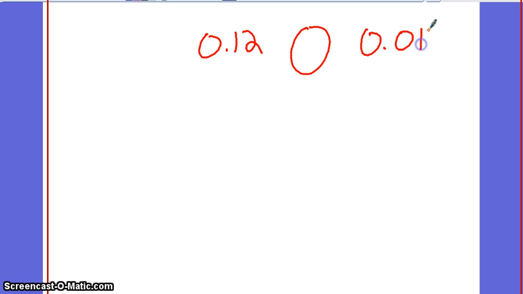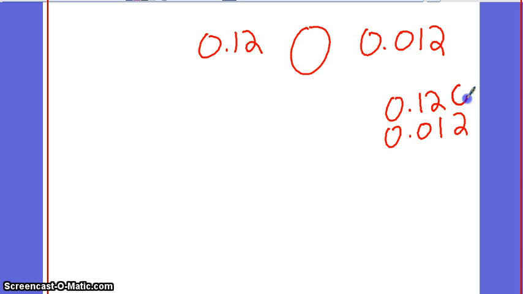All right, so we could do all kinds of things with that. If we need to compare the difference between these two numbers, and believe it or not, a lot of people get tripped up by these. You can see the 12s and they look equal, but they're not. So let's make sure, let's line them up. Lining them up, you should be able to quickly see that one is bigger than the other. But even if you can't see it, adding that 0 there should really make it clear that there's a size difference in those numbers. How about